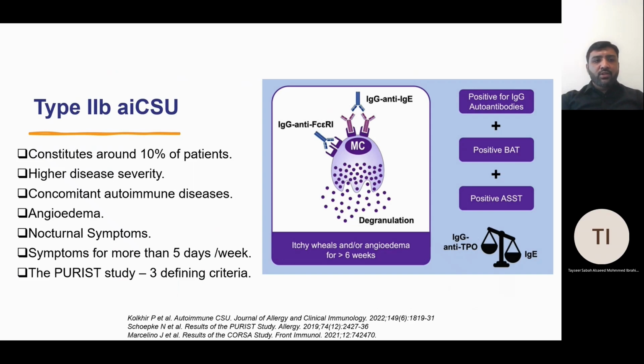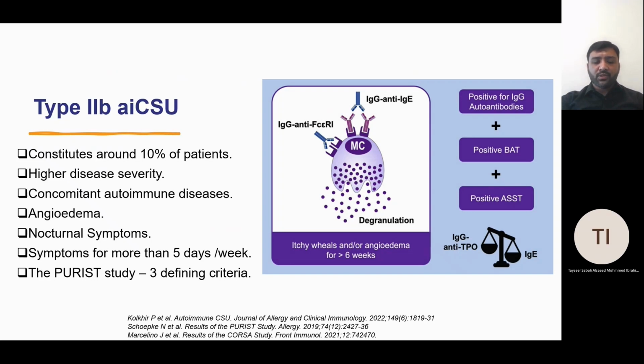Type 2 endotype constitutes around 10% of the patients when strict criteria are applied. They are more common in female patients. These patients are characterized by a higher disease severity. They may be associated with autoimmune diseases like Hashimoto's thyroiditis, vitiligo, and type 1 diabetes mellitus. The recent CORSA study, which had looked into the components in autoimmune chronic spontaneous urticaria, had found that these patients